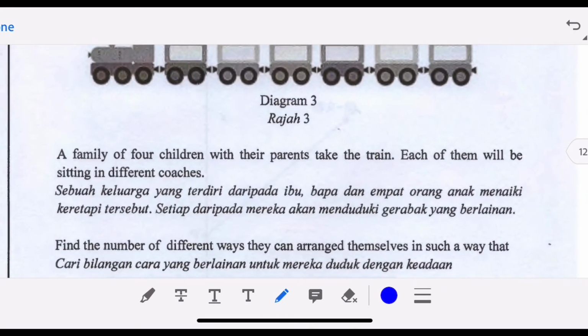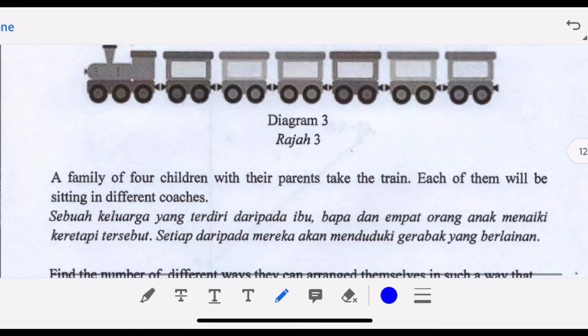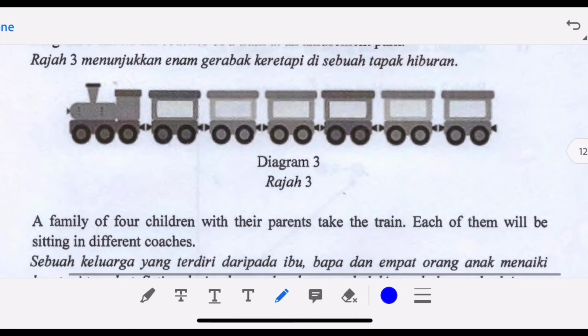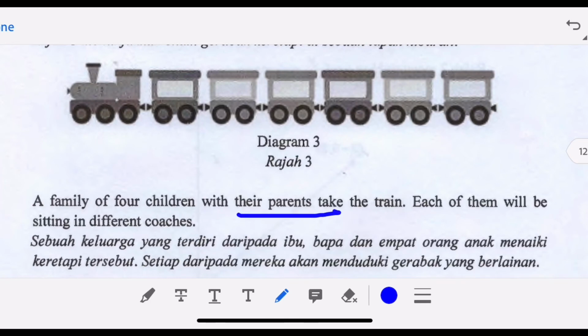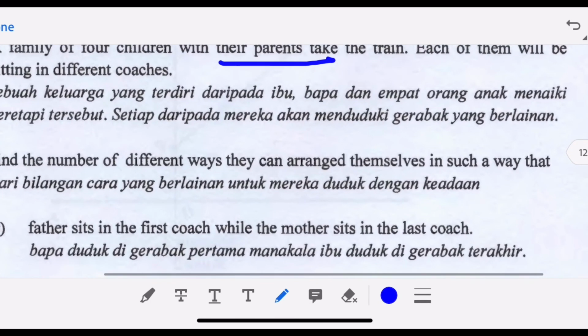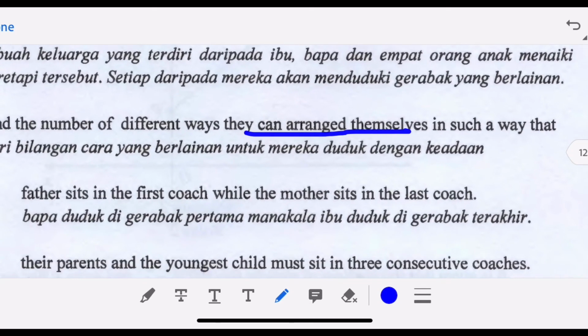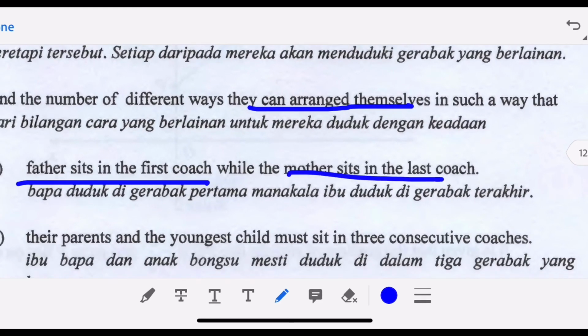Now for this question, it's about permutation. A family of 4 children with their parents take the train. Each of them will be sitting in different coaches. They gave you a diagram showing this train with the coaches. So now, with the conditions given, you're asked to find the different ways they can arrange themselves in such a way that